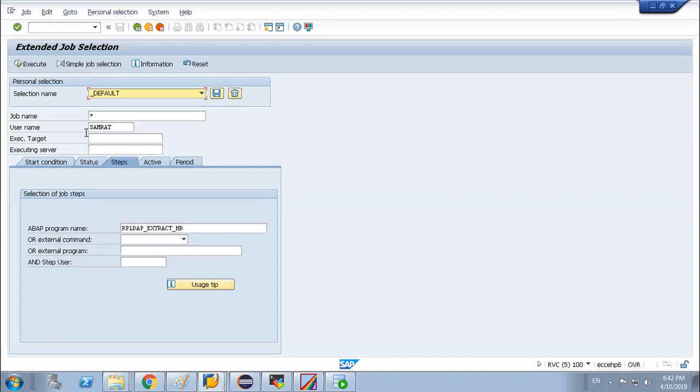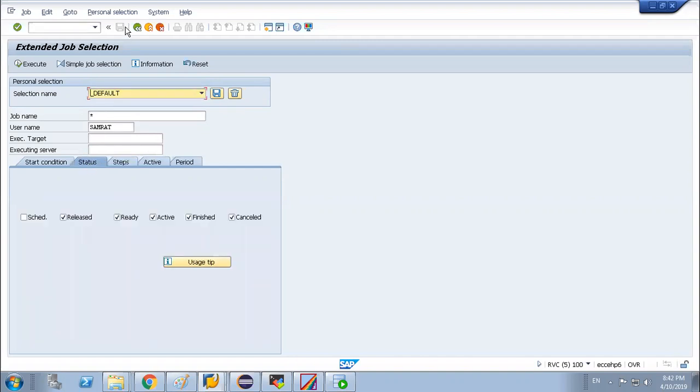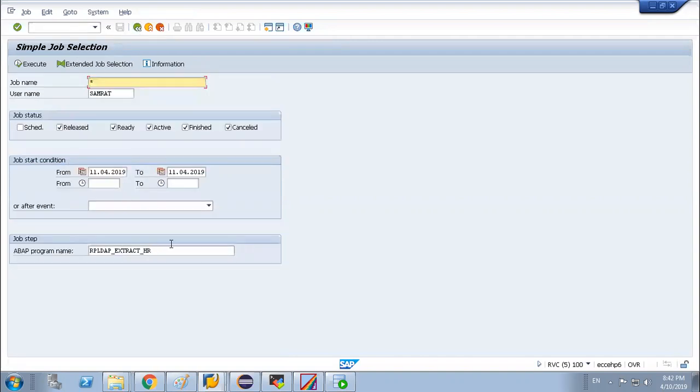Go back. Click on execute. Job name is star. You give some job name: HR_LDAP_EXTRACT_IDM. Click on execute.